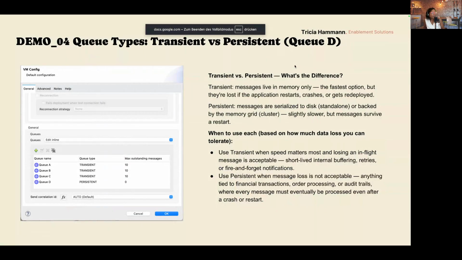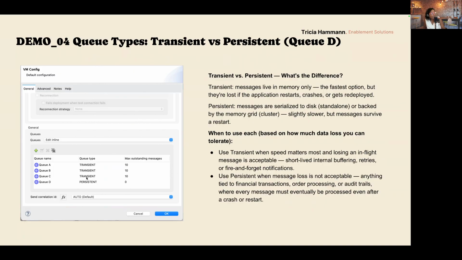And yes, we will then in demo 04 see the difference in the behavior of Q-types transient versus Q-type persistent. We are working here with the QD. In order to do any modification, we need to go to the global element VM config.